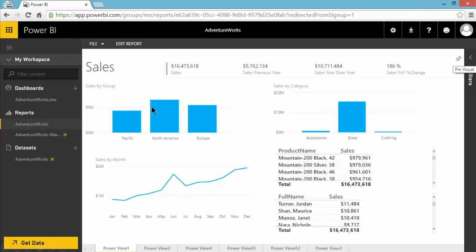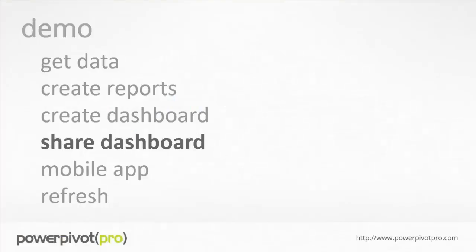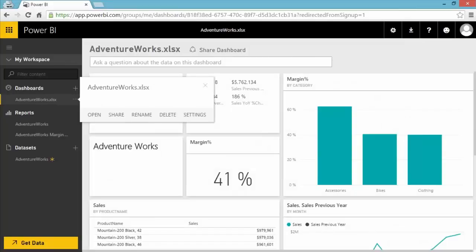So great. So we got to look at reports and dashboards. But it's no good if all you're doing is just playing with it yourself. This is all about sharing. This is all about empowering your team, your organization. So being able to share this easily is key. So let's take a look at that. The unit of sharing in Power BI